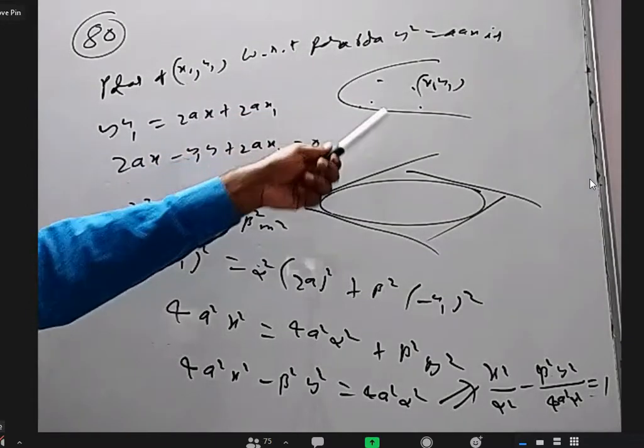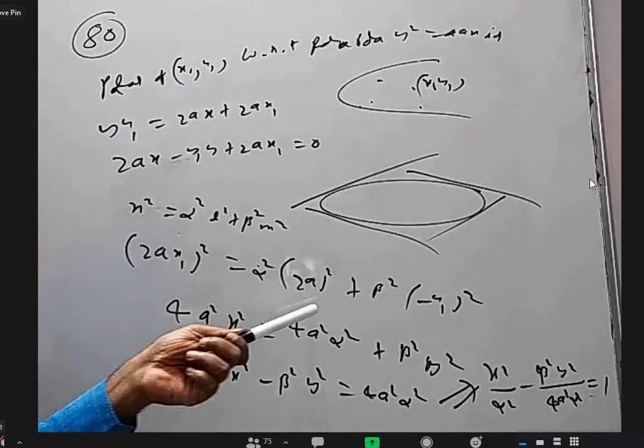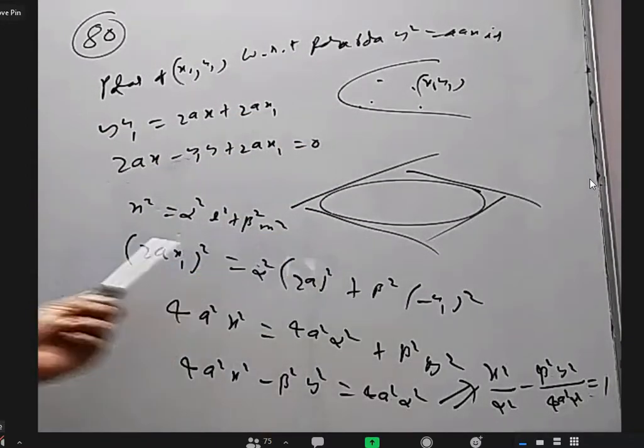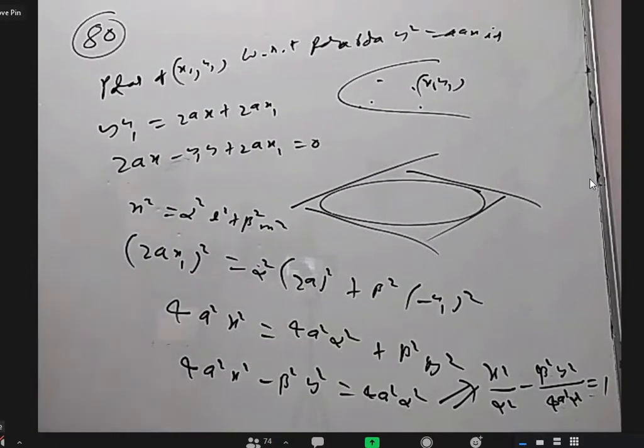Take the point x1, y1, find polar with respect to parabola, will get a line. For a line to be tangent to the ellipse, we have a condition, just use that condition. If you take the line as Lx plus My plus N equal to 0, the condition is N square equal to A square alpha square plus A square L square plus B square M square. If you want to write it as y equal to Mx plus C form, you can use C square equal to A square M square plus B square also.